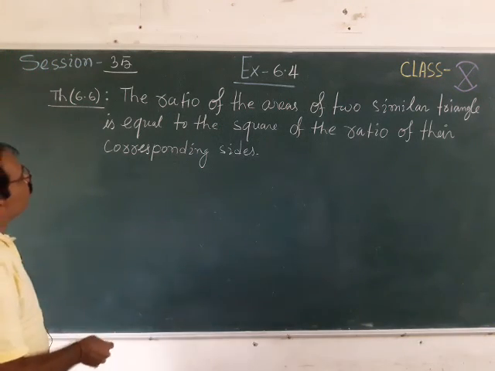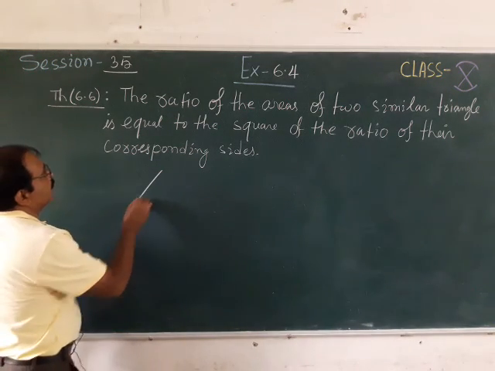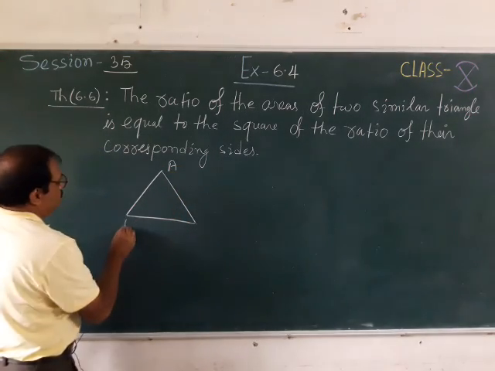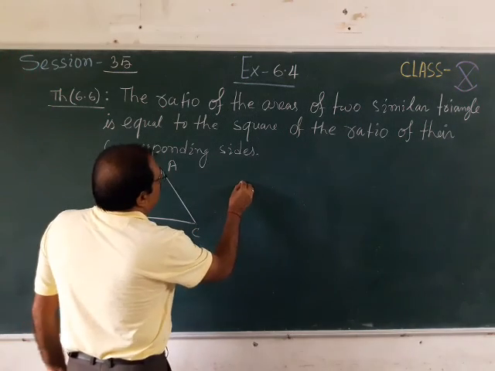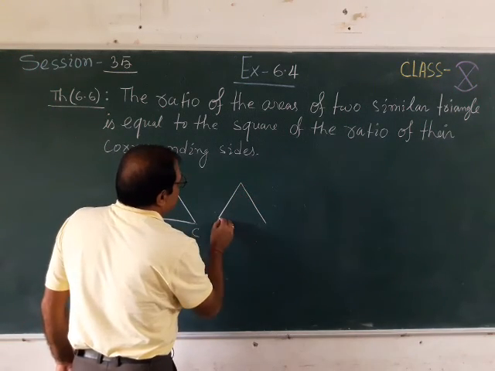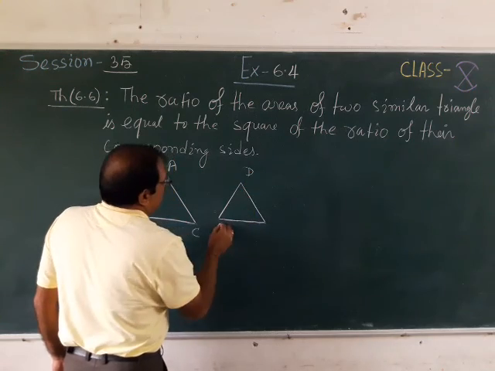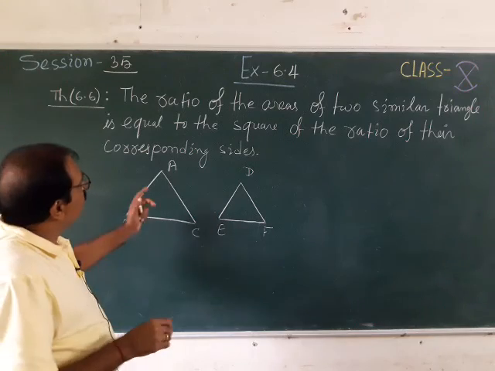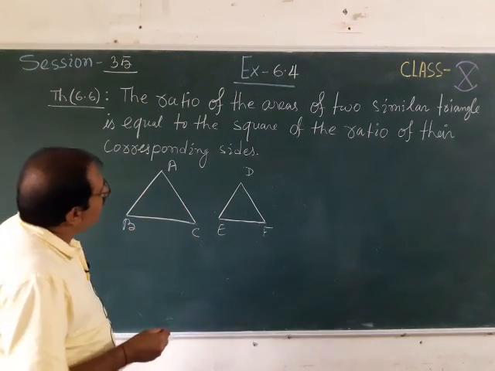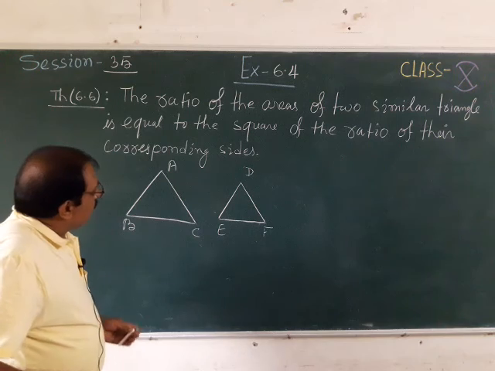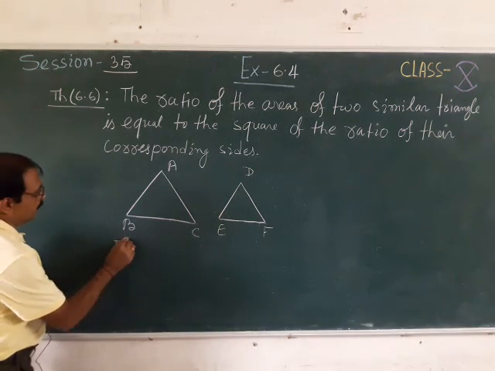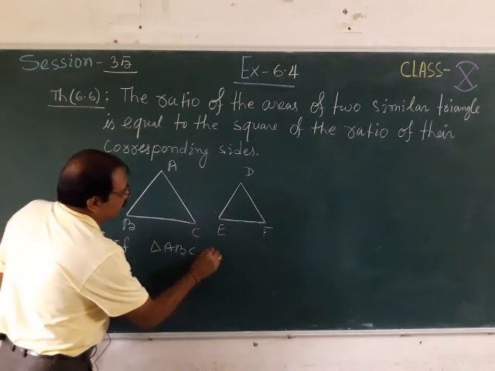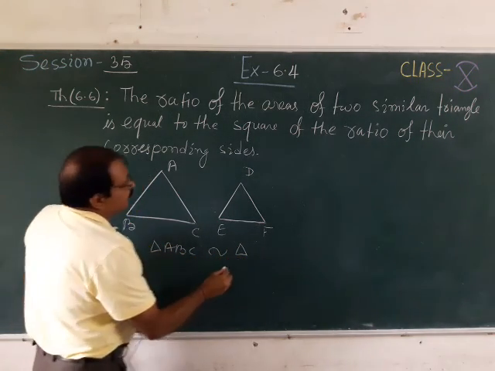Here what is told is that you have two triangles. Suppose triangle ABC and one more triangle, triangle DEF, and both the triangles are similar. It is already told that both these triangles are similar. This statement says, if triangle ABC is similar to triangle DEF,